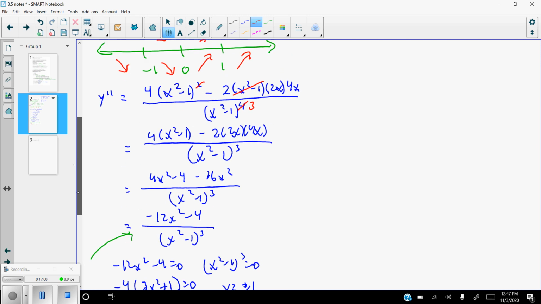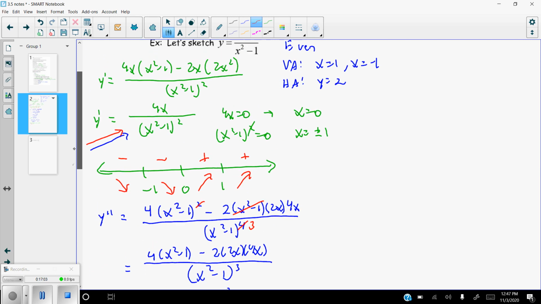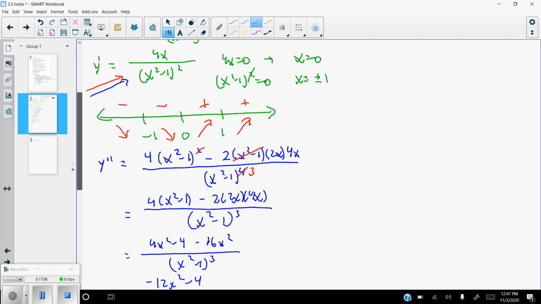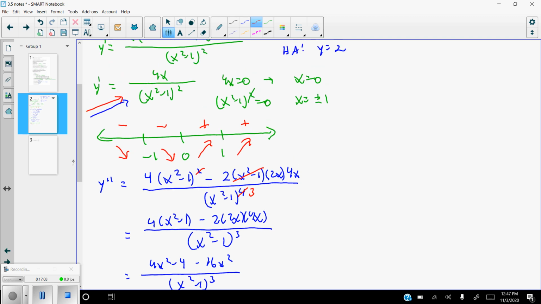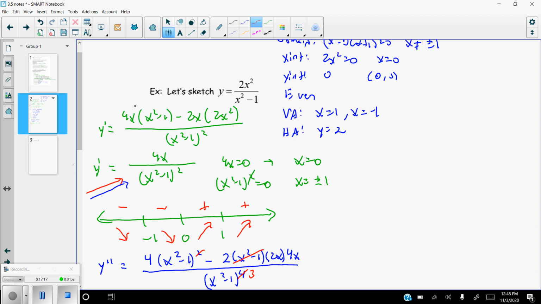So let me go back up and see if I can figure out where the mistake is. Oh my goodness, I see where my mistake was. When I distributed here and here, I actually should have gotten a negative 4x out of that. Well, it doesn't make any difference here. It's going to keep that the same, but it is going to change all of these values in my first derivative. They're going to be exactly the opposite of what I just thought. So that's going to be positive, that's going to be positive, this is going to be negative, this is going to be negative,